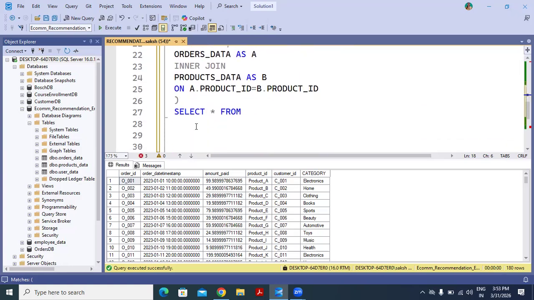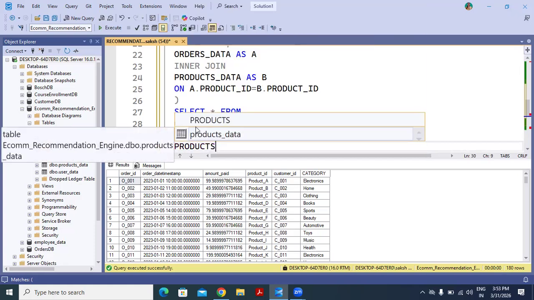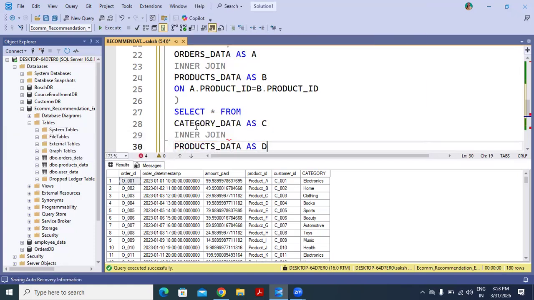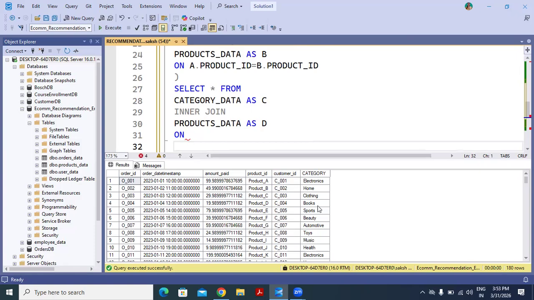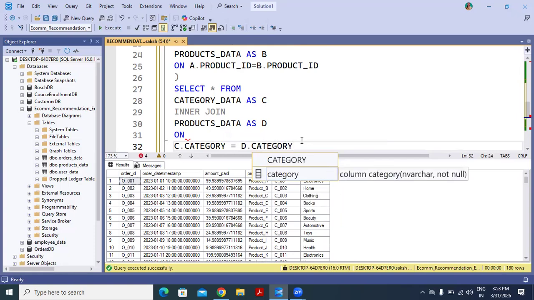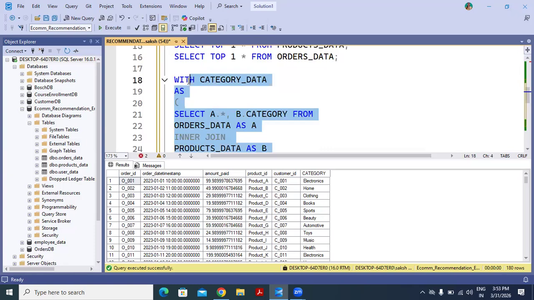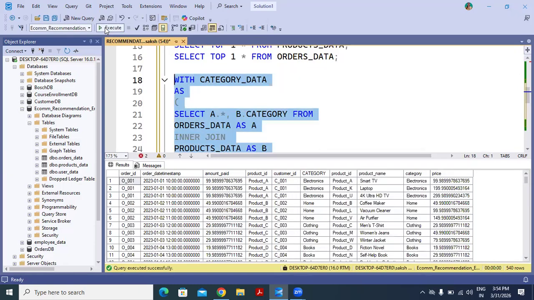So from category data as C, inner join products table as D, and you want to join on the basis of category because you need other products from the same category. So let's write it as C dot category equal to D dot category. Just select it and execute it.